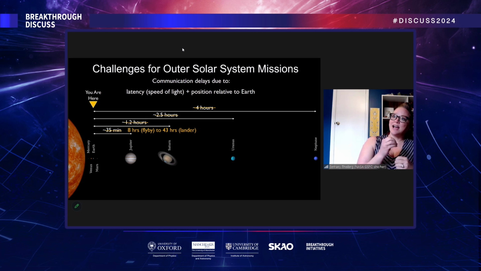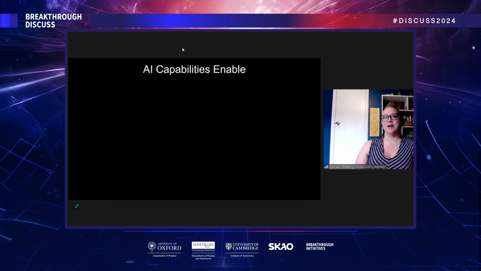But if we're thinking about an astrobiological detection, a life detection, the real challenge to me, and the thing I would not want to miss out on, is what if we saw something that could be life, and that was our only opportunity? Just because that's how luck works sometimes. One of the talks this afternoon was talking about how we learn a lot of things that we didn't know before, and so we want to make sure that we take advantage of being out there, and that's really where AI can help.